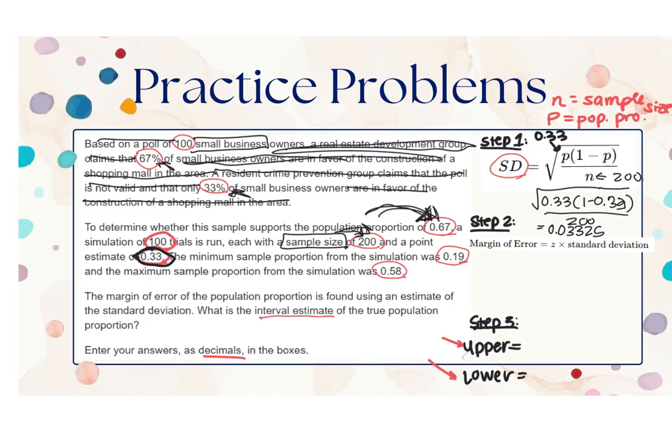And to do that, we take our Z value, which we're going to be using 1.96, times our calculated standard deviation. And when we do that, we multiply them together. Our 95% interval estimate or margin of error with 95% confidence is plus or minus